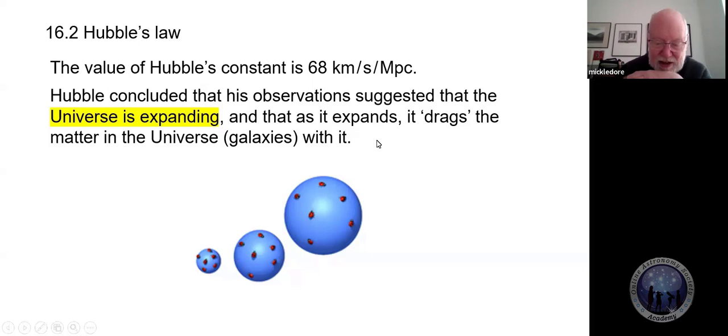So as the universe expands, it carries along the matter in the universe. So the galaxies aren't receding of their own accord. They're being made to recede because they're in this, I know it's a vacuum, I know it's space, but this space is expanding. If you think it's complicated, it is.